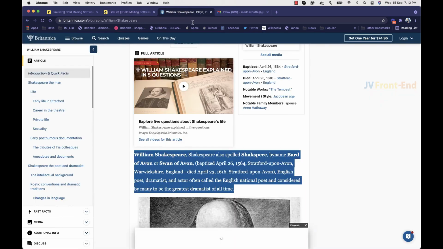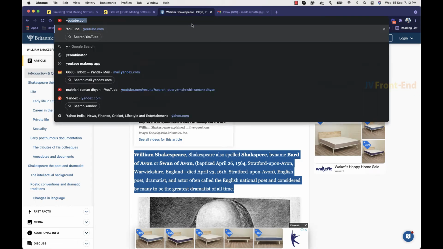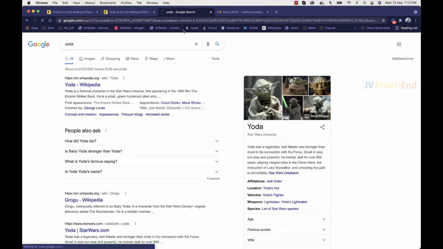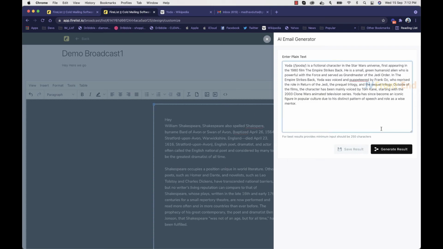So let's say if you want to generate something related to Yoda, okay? I mean, he's my favorite character. I'm sorry, there's a reason I'm just mentioning Yoda here. So we'll just copy a small phrase, and then we'll enter it here, and I'll click on generate